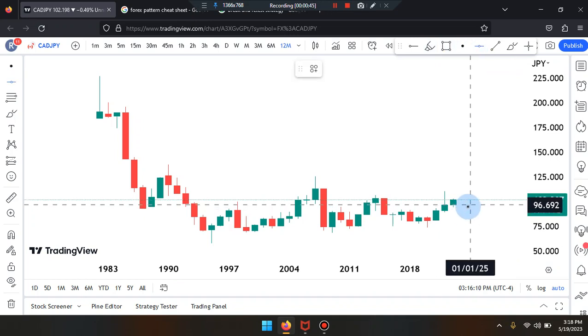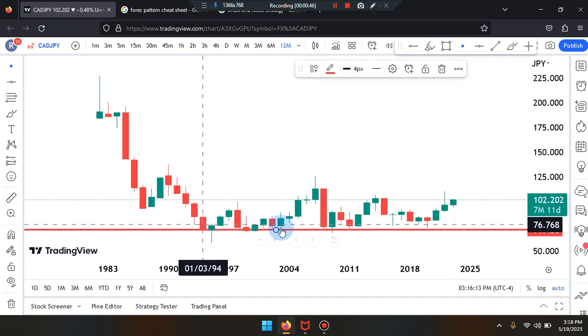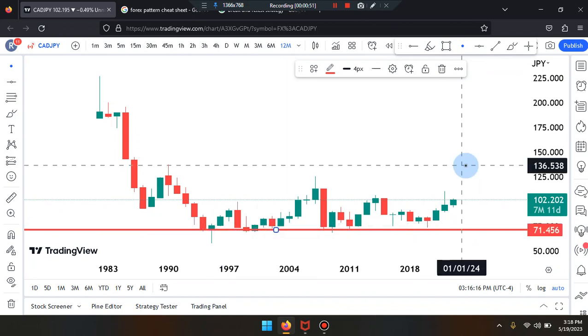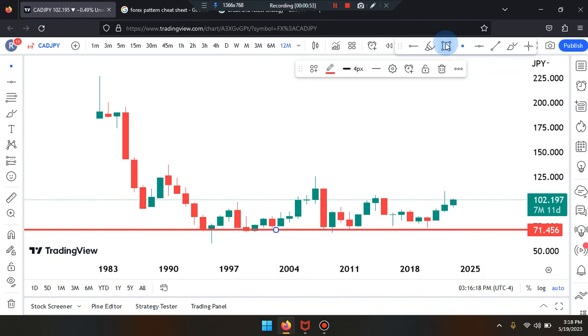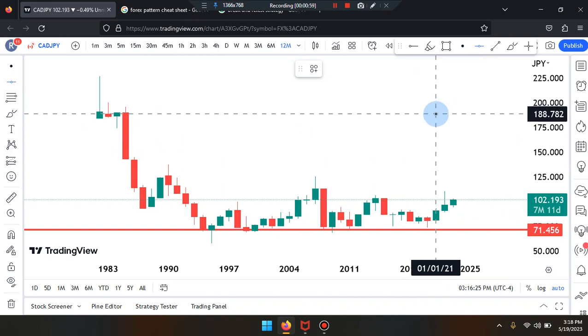If price comes down, it can tag that low of that red and green. So price can tag that low at red and green at the areas, and that's coming back down at 71.456. Price action pushing up can head to the highest high structure, which would be at